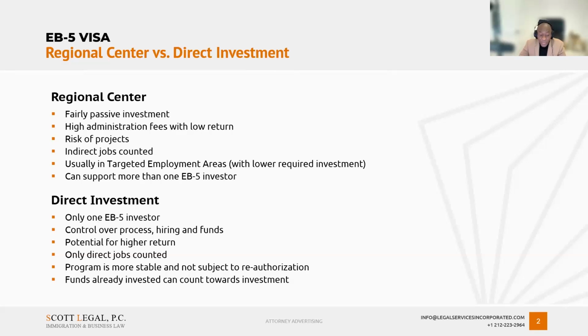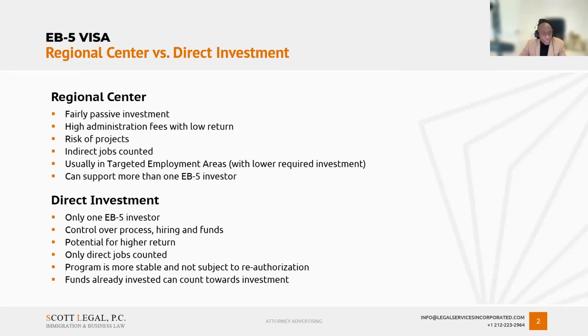And they're fine with what actually works out to a negative return, because when you factor in the administrative fees, they're actually making a negative return, and they are fine with that. The regional center is one thing to keep in mind: it is an investment. And even though regional centers have to get some type of approval from USCIS to operate, that does not mean by any stretch of the imagination that the government is approving or vetting the projects. This is an investment, just like any other investment in the stock market, where you could lose everything and also lose your money and maybe not get the green card,